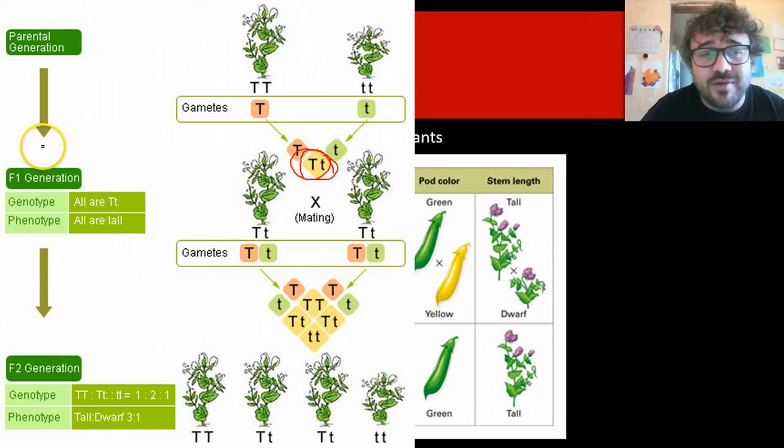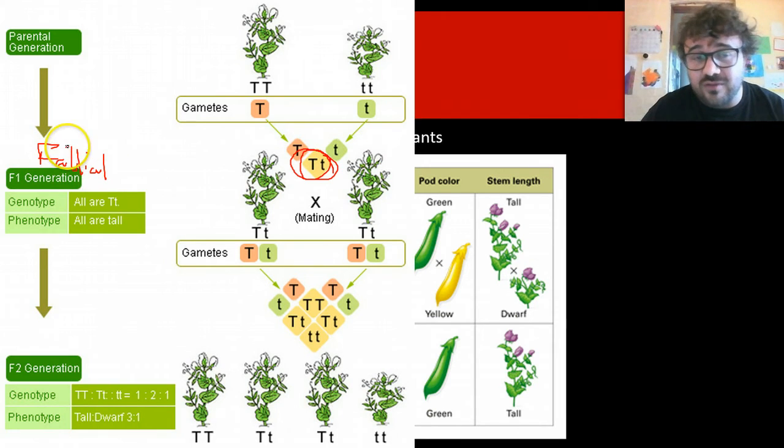So F1, it means the F is for familial, which we don't need to know, just know it's called the F1. So we put that with that, and we start to get a mix. Okay, so we've got a tall because it's dominant. All right, so we've got 1 out of 4 of these is homozygous for the dominant, 1 out of 4 is homozygous for the recessive, 2 are heterozygous. What this actually means for the phenotypes, though, is that we have